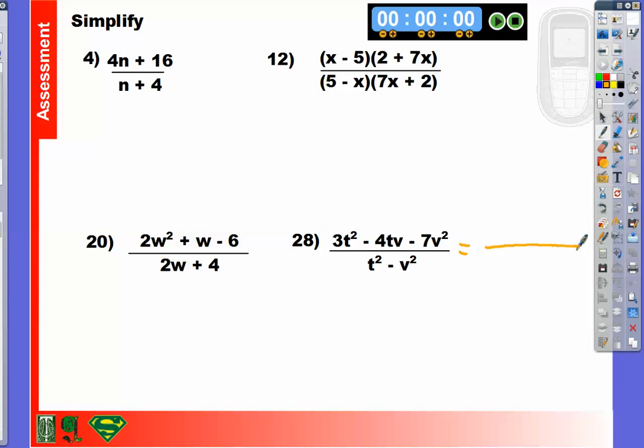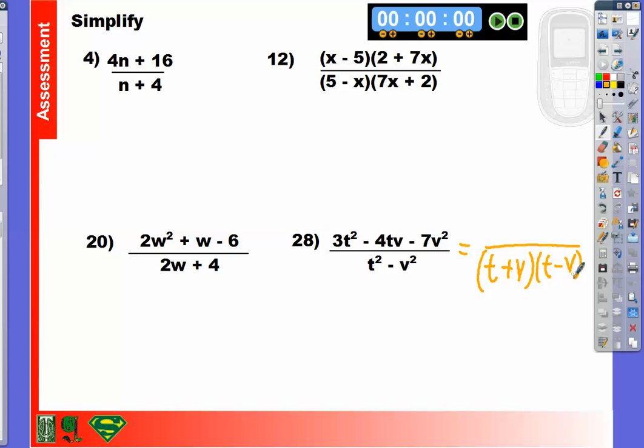What becomes of my denominator? (t plus v) times (t minus v). All right. So we're going to have either a t plus v or a t minus v in the numerator. We know that is going to be true. So when I'm looking at my numerator,